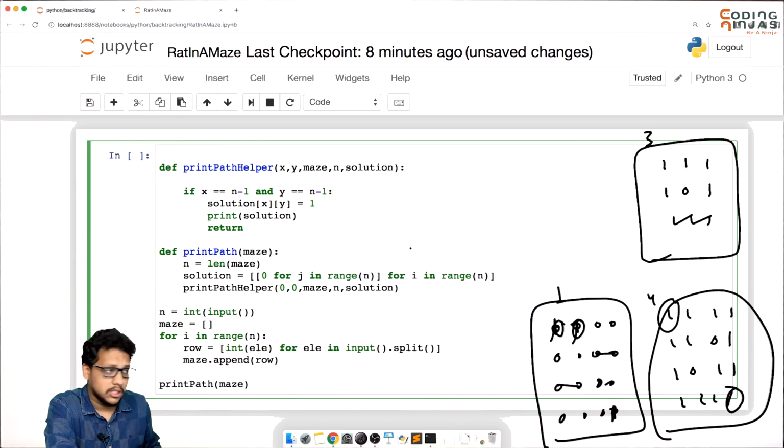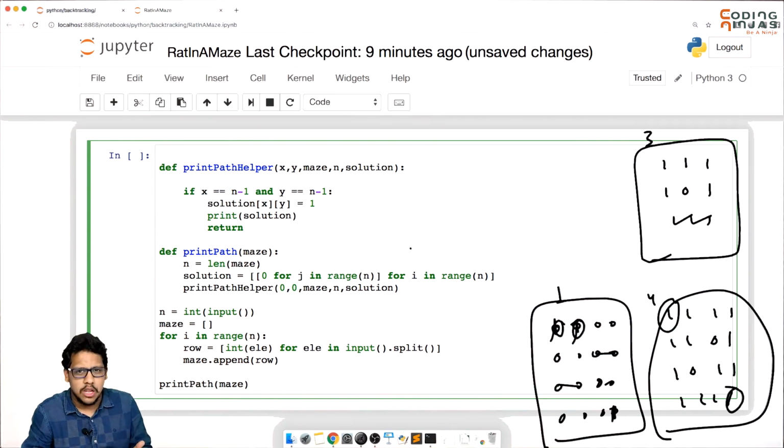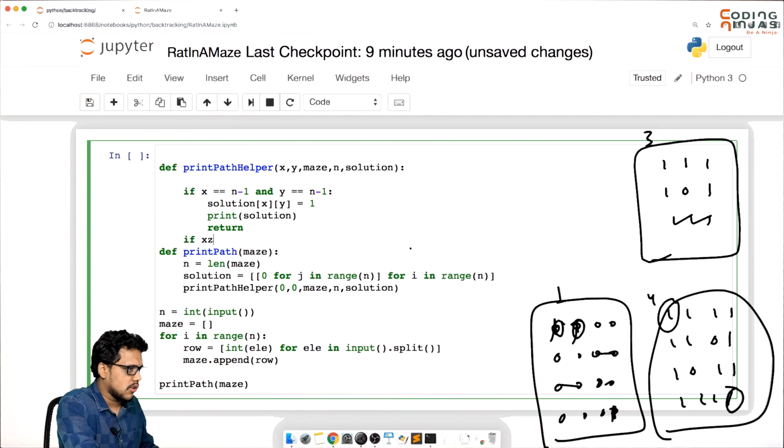Okay, this is the point where you need to stop. There will be another base case where we cannot do anything, we will just return. Okay, those are the blocking points. I think the blocking point which we already discussed is if x becomes less than 0, or y becomes less than 0, or x greater than or equal to n, or y greater than or equal to n, or you can say that my maze at original matrix, maze at x, y, 0 is present.